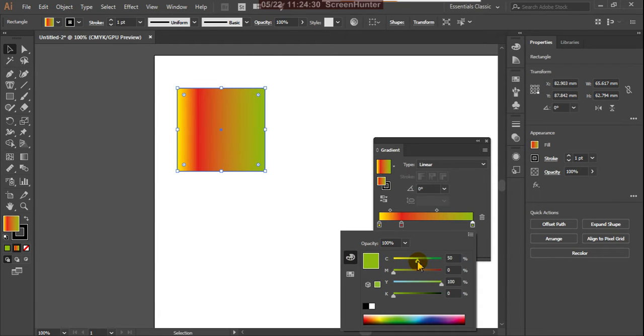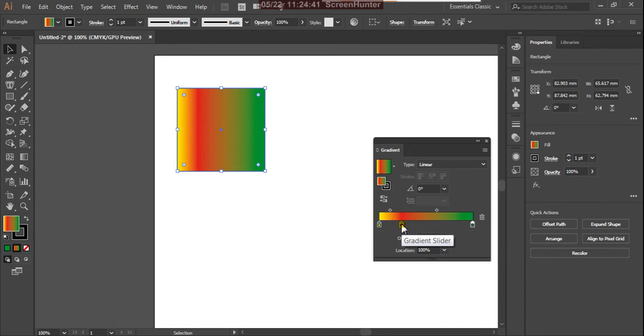So you can move this, you can add here, observe the box here, you can move. And the same way the gradient slider you can move. As per that, this box also changes colors. The gradient slider you can adjust, so naturally you can adjust.